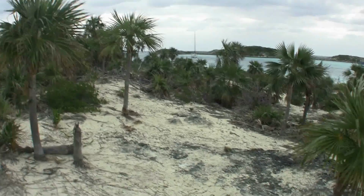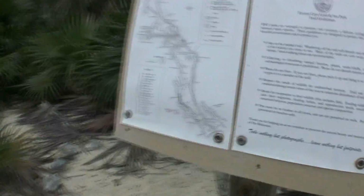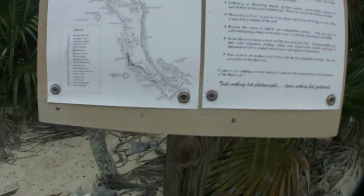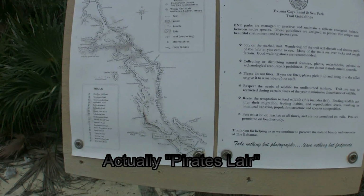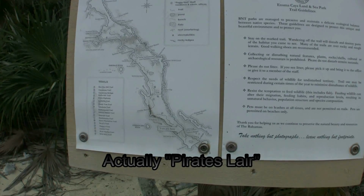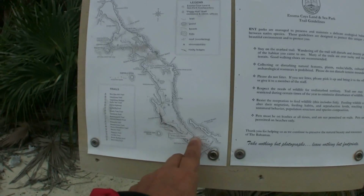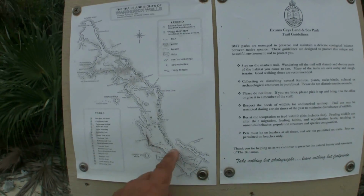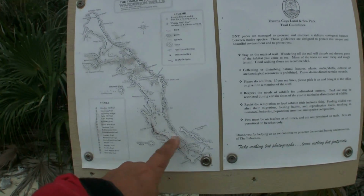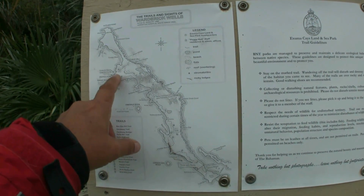But for the time being, we're going to come and check out some of the areas around here. There's a place called Pirates Retreat that is our first stop on the agenda. And then, see, we're right here. Pirates Retreat is somewhere up in this area here, although it doesn't appear to be marked. But we're going to make our way up to this area up here where the park rangers are located,